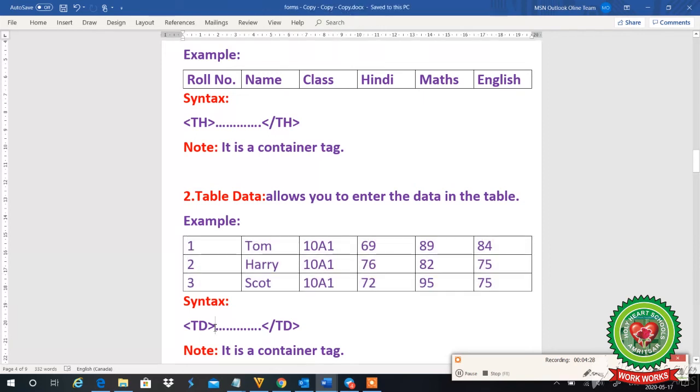Its syntax is TD start, then we write the data, and I close my TD. After that, I start TD again, close it, and so on till I have typed all the data. I open the TD tag and close it after each cell, so it is a container tag.